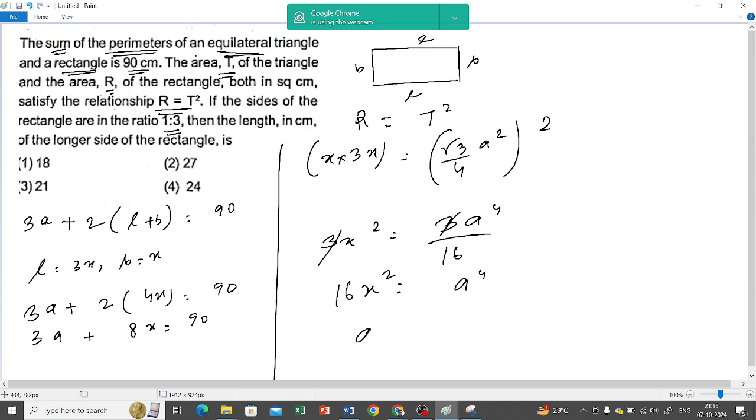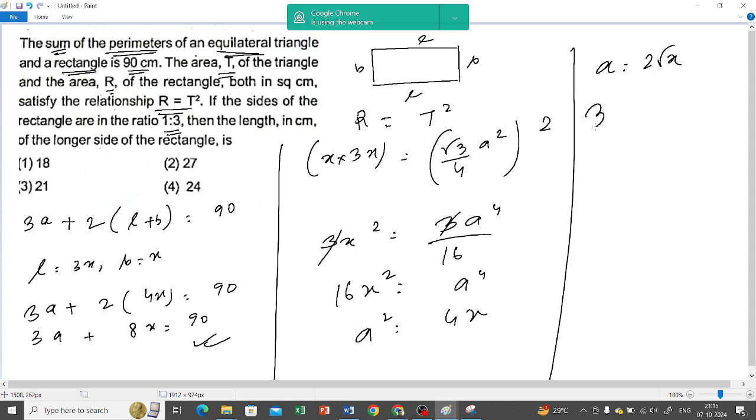Right now what is a square? It is 4x, তাই তো। a to the power 4 যদি 16x square হয়, a square হচ্ছে 4x, আর a টা কি 2 root x, ঠিক আছে। Now let us put it back to this equation, so you see 3a